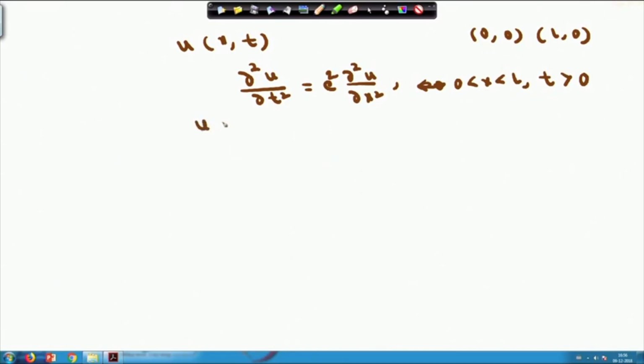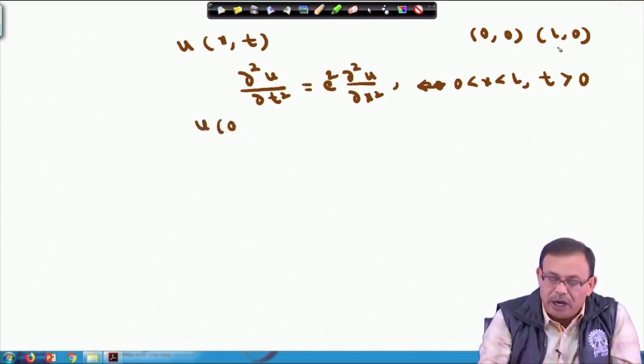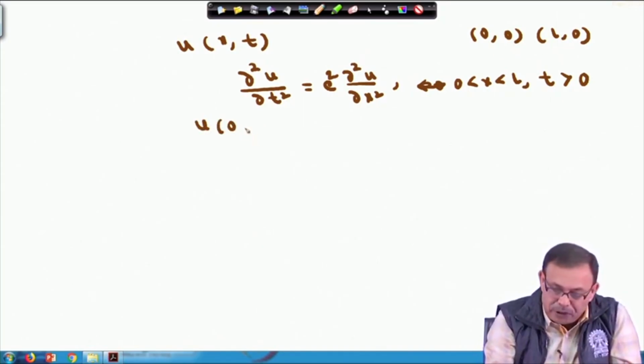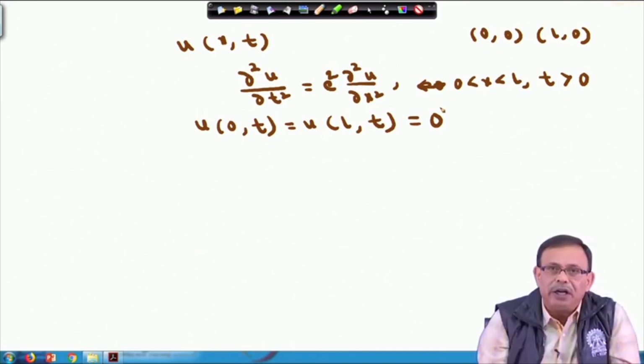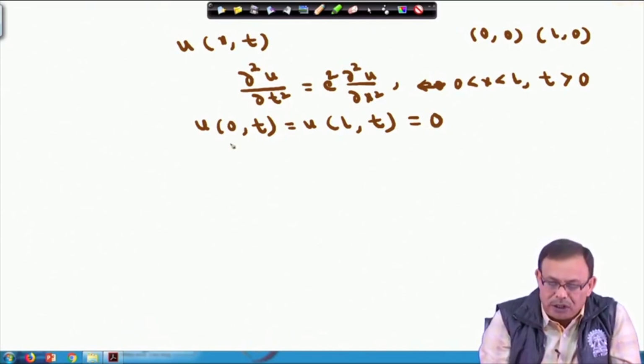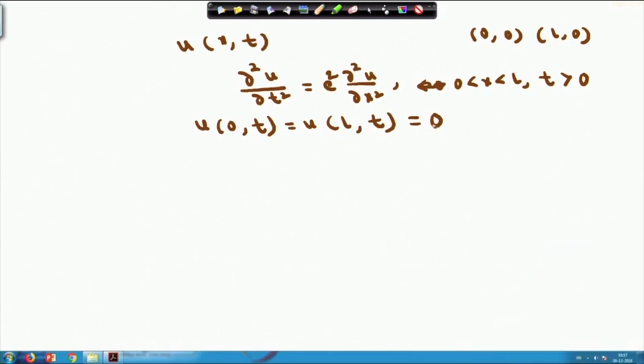u(0,t), they were fixed at these 2 points (0,0) and (L,0), these are the fixed points. So, u(0,t) = u(L,t) = 0, because they were fixed at (0,0) and (L,0). At x equals 0 the value is 0, and at x equals L also the value is 0. So, one condition is u(0,t) = u(L,t) = 0, and the other one,